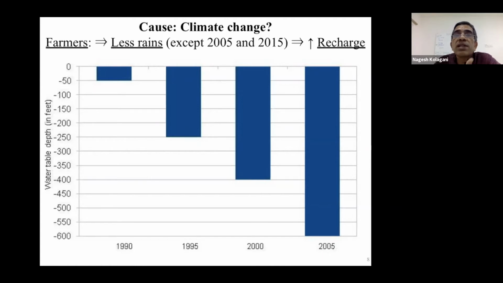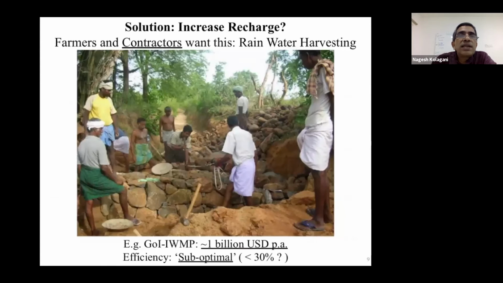And go one step further like Israel, where you say, I don't want to let the water go even into the earth. I want to put a plastic sheet and hold it right there and prevent evaporation. No percolation into the ground, no evapotranspiration. I hold it as it is. Now that is something that the contractors love. For example, the Government of India spends every year about, I don't know if I'm correct with my numbers, 5,000 crore Indian rupees. That to me looked like $1 billion US, but I need to cross check.